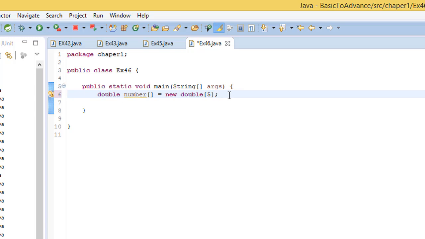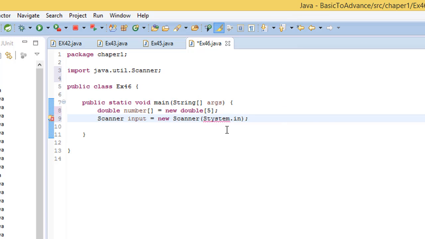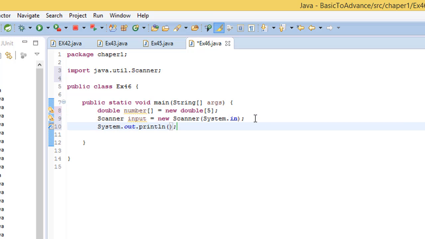And then I'm going to use a scanner to ask the user to type these numbers or to feed an array. So scanner input equal to new scanner, system.in. Control Shift O. So this one has to be system.in, and sysout, ask the user to enter maybe 5 numbers,